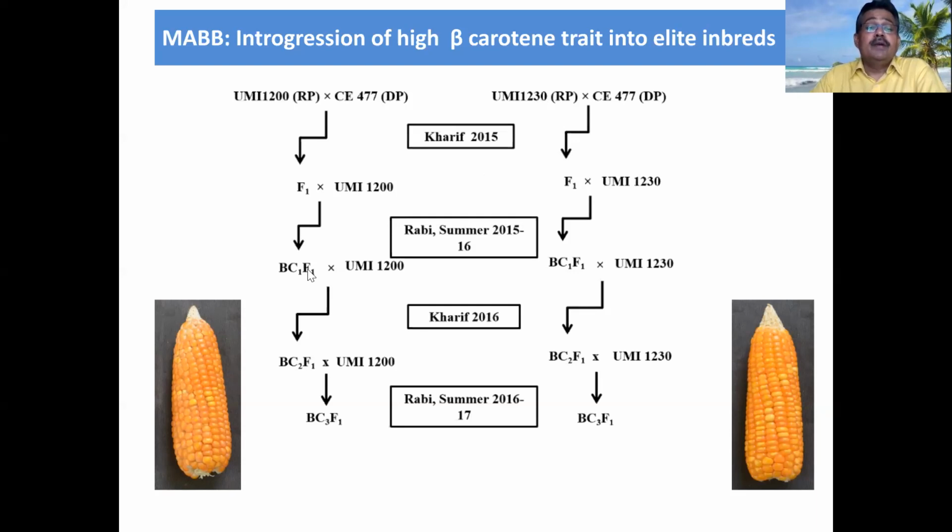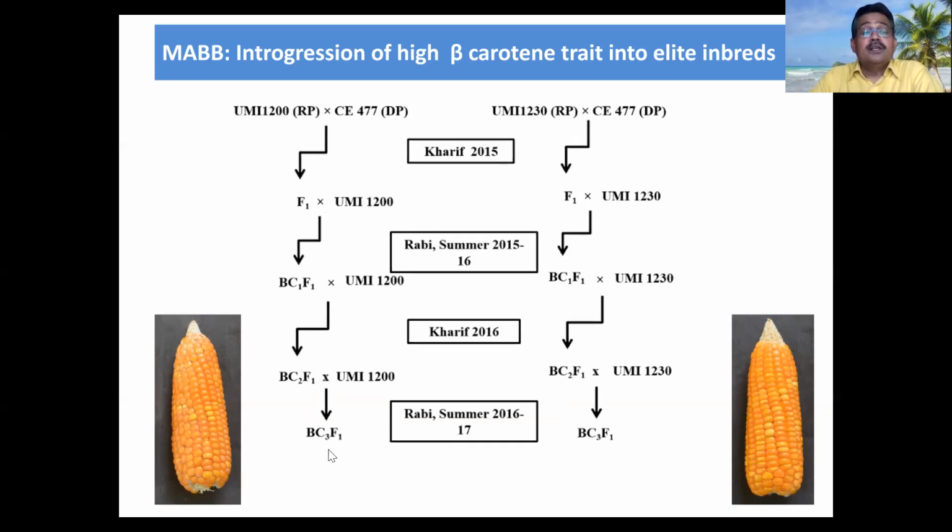Then we go for BC1 F1, backcross 1 F1. Again backcrossed with this one, then we go for BC2 F1. Then again we backcrossed one more time, BC3 F1. In order to do pyramiding of some other traits, we went up to BC3 F1. But in the BC2 F1 also we selfed, and finally we isolated some lines. So up to BC2 F1 also you can do this, and you can self it and isolate the line. So this is the program, any backcross breeding program.